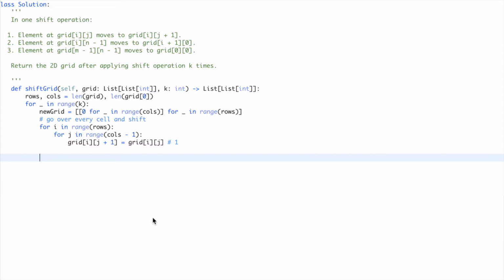So 2 says for every row, the cell in the last column should be moved to the row after that, in a new grid. Remember, we didn't want to override grid. So what we want is every last cell in every row to move to the next row's first position, right? So that means we need to iterate over i, so for every row,